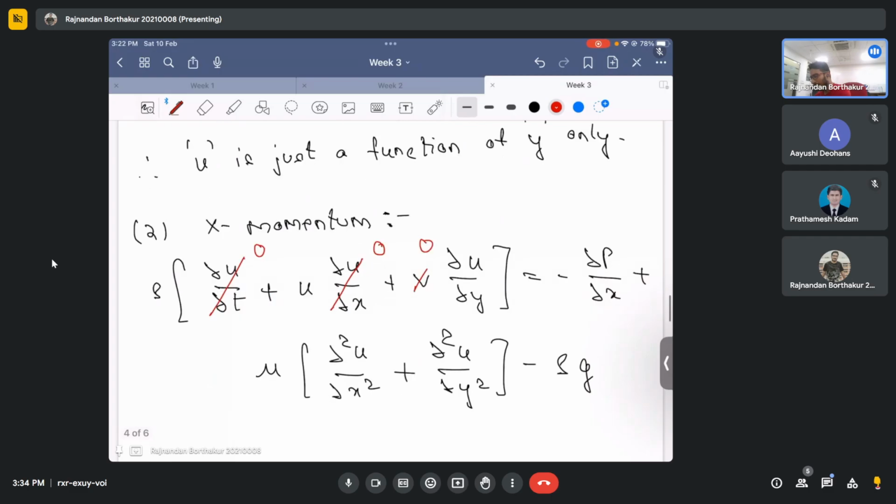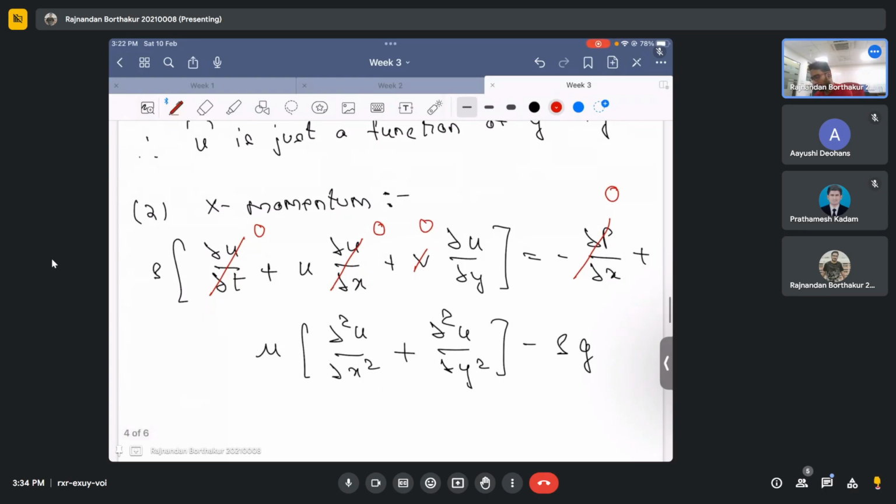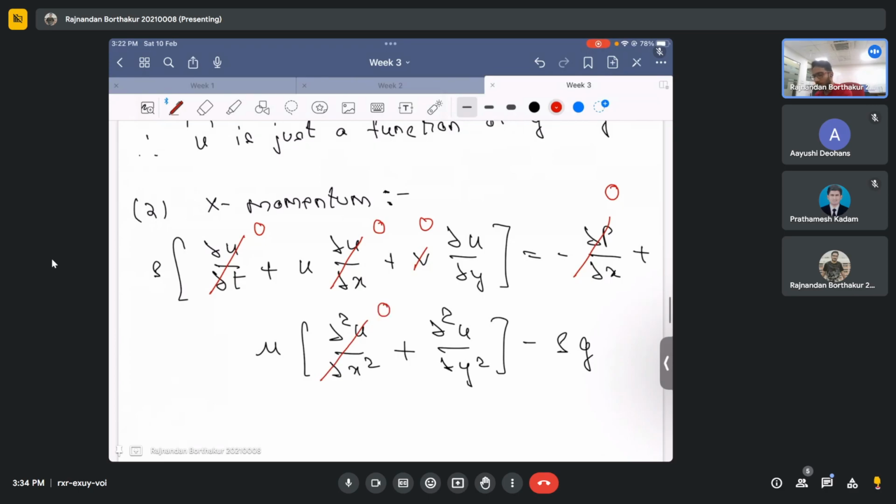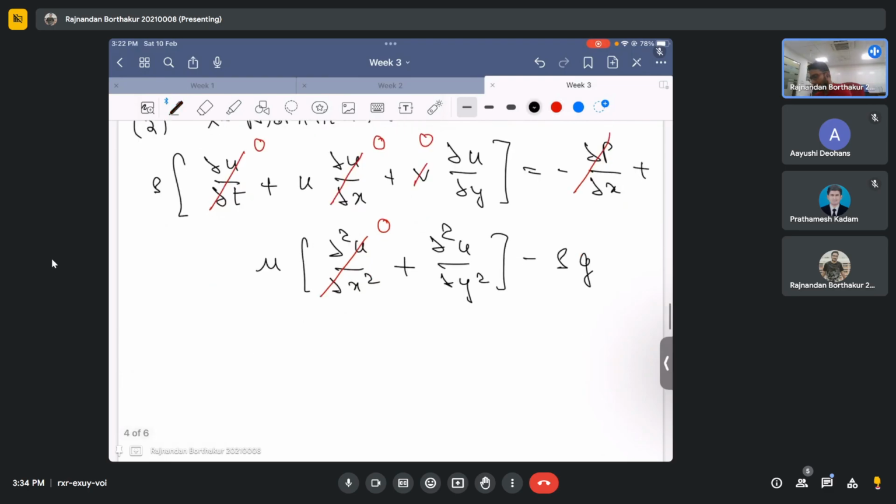We do not have a pressure gradient in the x direction, which means del p by del x will also be equal to 0. Del squared u by del x squared is also 0, because del u by del x is 0, so its derivative with respect to x will obviously be 0. So we now get a balance between mu times